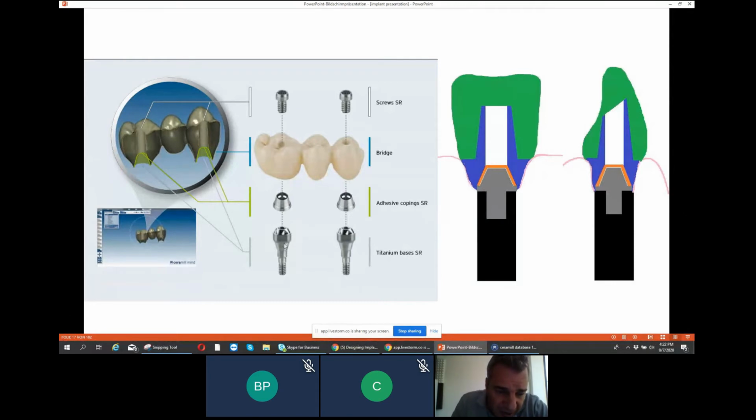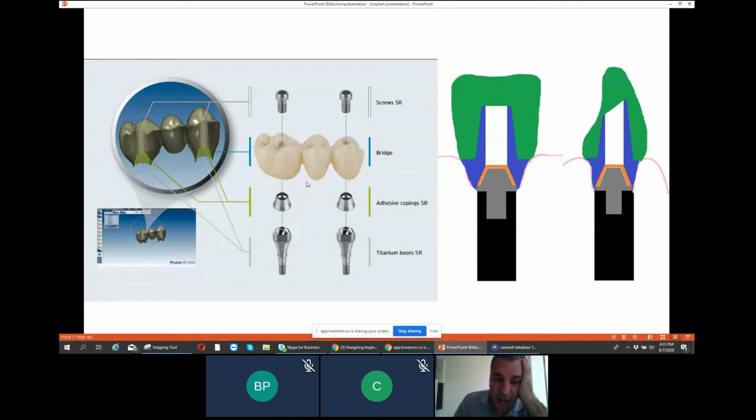We have the Ti-connect SR. Look at the top. The shape of it will allow us to use angulation between implants up to 30 degrees. The caps will be screwed with the Ti-connect SR, and we glue it over the bridge, over the restoration. We can make it, here I made it with implants, with abutments and crown, but usually we make it for